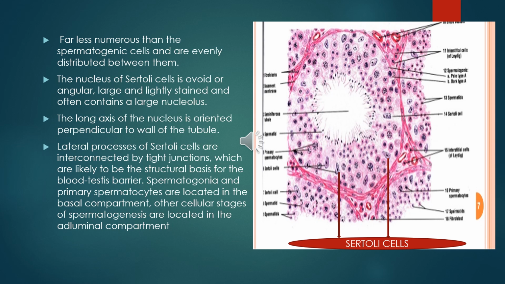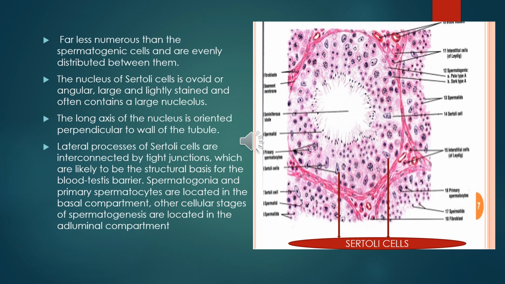In this picture, we can see the Sertoli cells. The number of Sertoli cells is less than that of the spermatogenic cells, and they are evenly distributed between them, and it is elongated. Its direction is perpendicular to the wall of the tubule. It is extending from the basement membrane up to the lumen. That much tall is a cell. It is a tall columnar cell, and the shape of the nucleus is ovoid, and prominent nucleolus can be seen